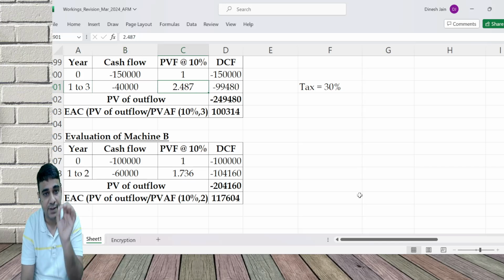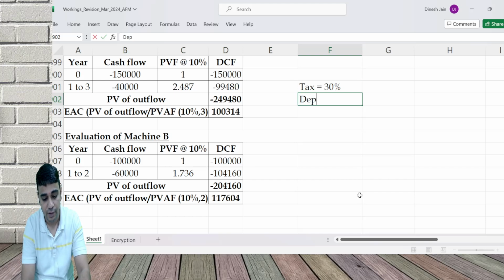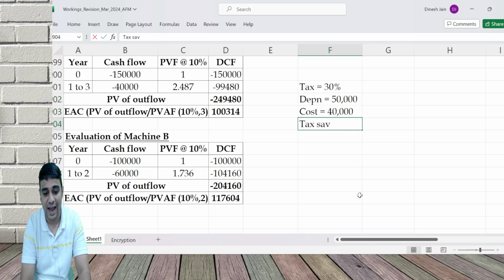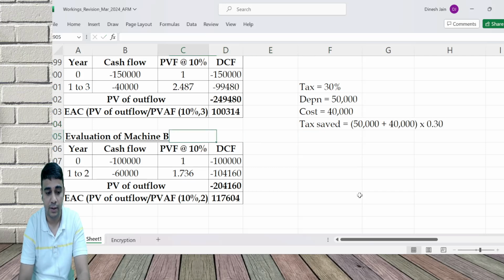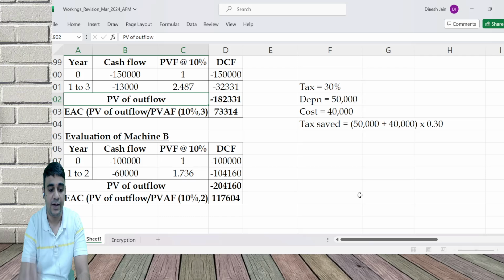90,000 depreciation is 50,000, cost is 40,000, tax saved is 50 plus 40 into 30%. So please add 27,000 in the calculation. If you consider income tax,